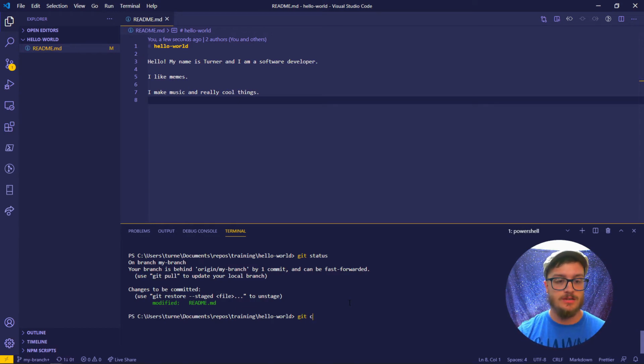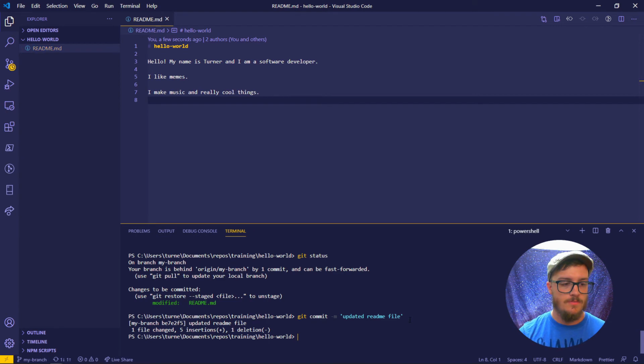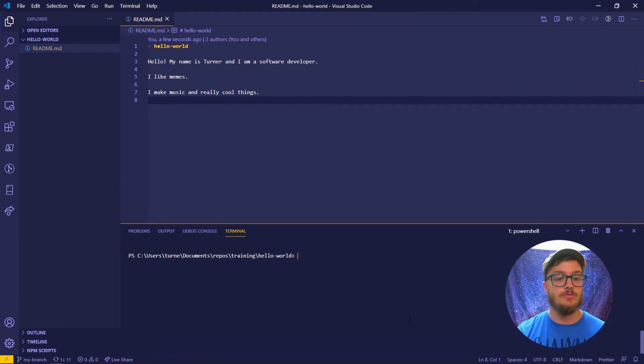So I'm going to git commit updated readme file, and then hit enter. This -m says here this next string is going to be the message, or the commit message, the comment. There we go. And now this branch has not been created remotely yet, so what I'm going to do is